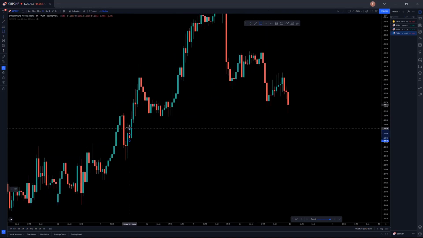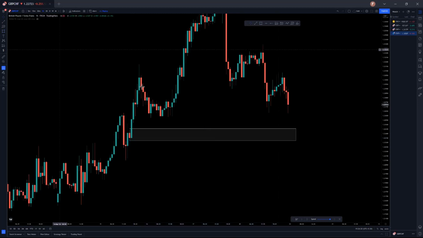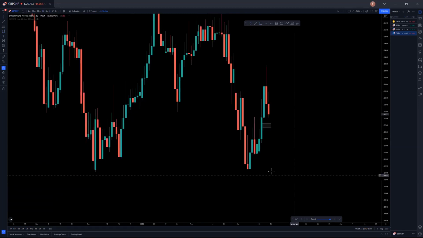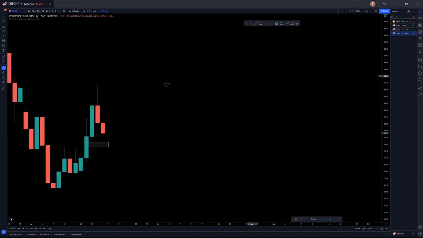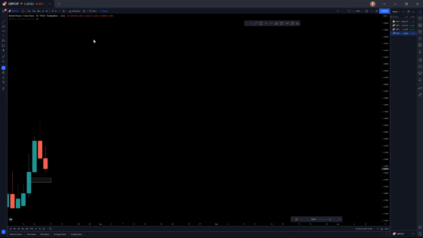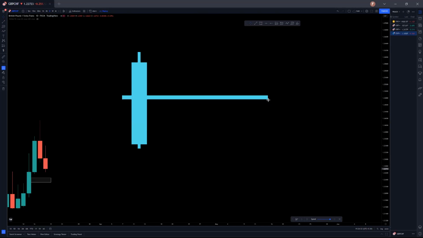First, the zone was here, because I'm not expecting daily to pull back below this. If it pulled back below, I don't think there would be enough range, enough time for the price to pull back above. Ask yourself, suppose this is the daily candle. Now price needs to pull back somewhere around here.